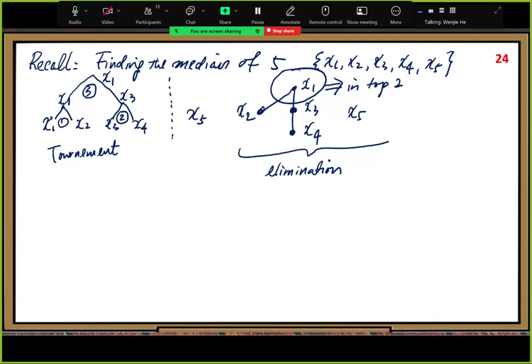If it's in the top 2, it cannot be the median, right? It cannot be the median. If it cannot be the median, then it is gone, right? Eliminated. X1 is gone. Okay? Yeah. Then, after the elimination,